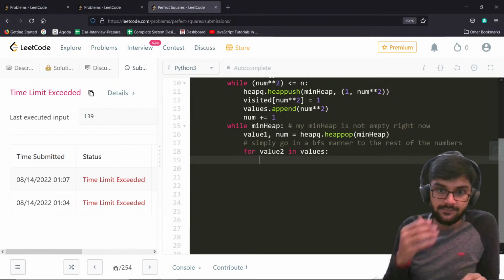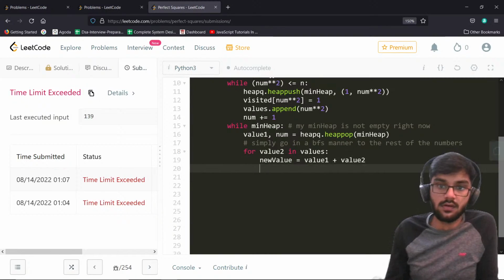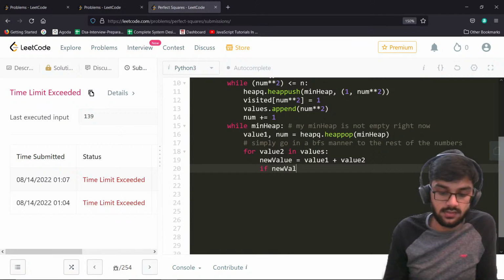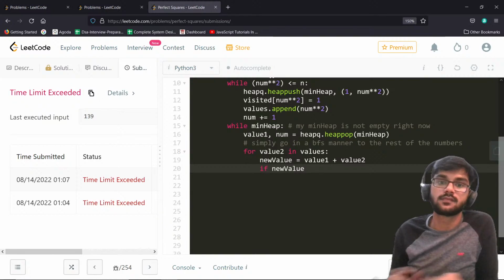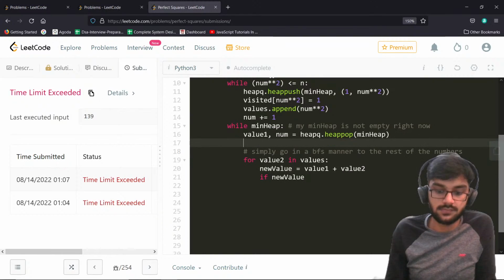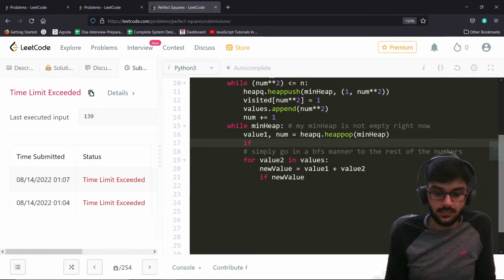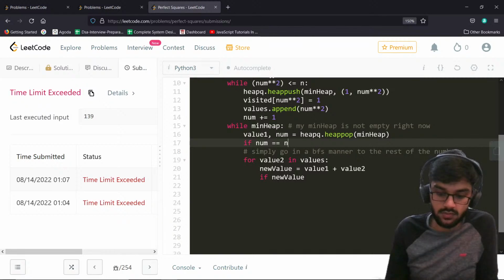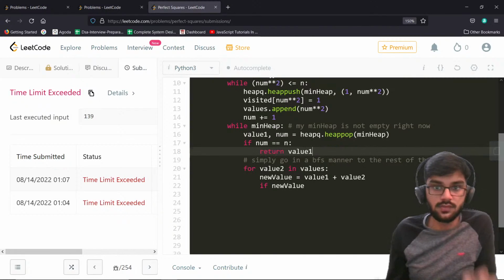Right? I can say new value is value 1, value 2. Also, if number is given to n, I'm like, okay, simply return back value 1,